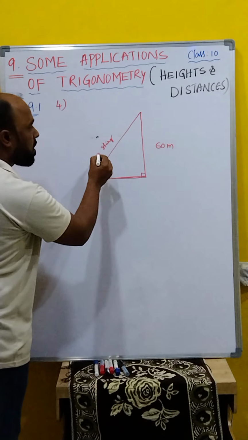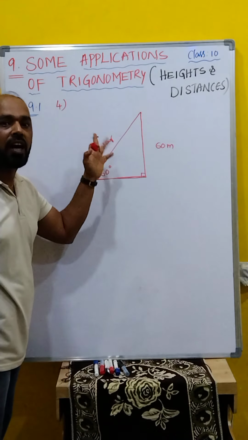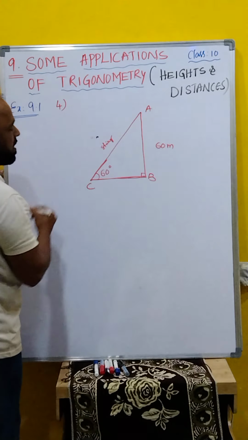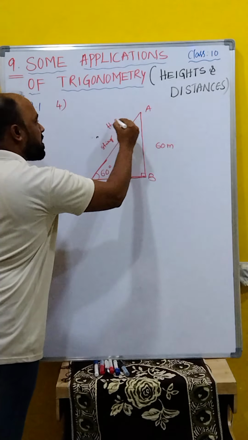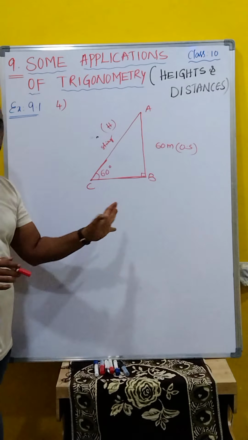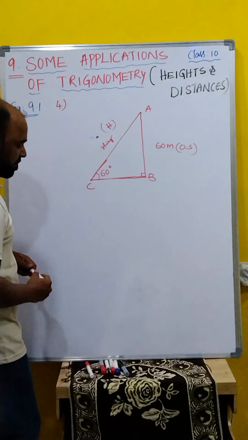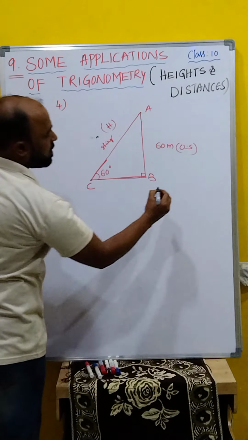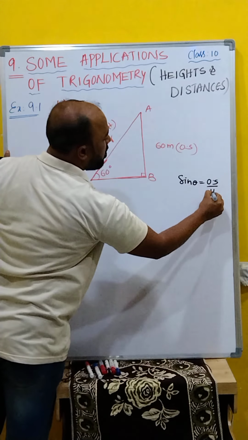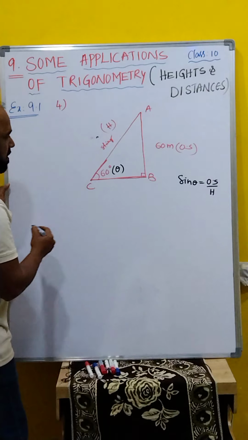What we have to find according to the situation? This length we have to find. What is this one? Hypotenuse of the figure. Assume it is triangle ABC. This is the hypotenuse and this is the opposite side. Clear, children? Now which ratio we have to use in this? Obviously sine. We'll go for the sine. Sine theta is equal to opposite side by hypotenuse. Using this we have to find. Theta is 60 degrees, given. Clear, children?